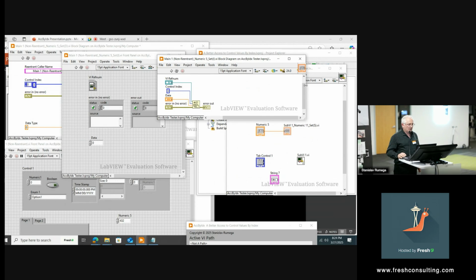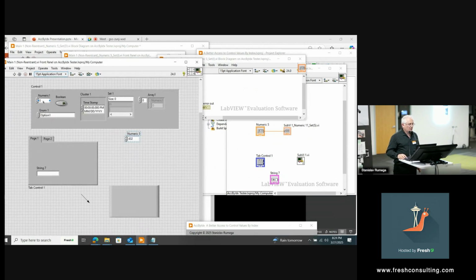So when the controls are complex, although you can get references to individual controls, say within a cluster, it still is a single terminal. So when I do selection here,